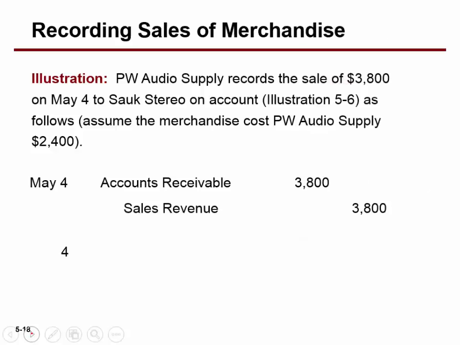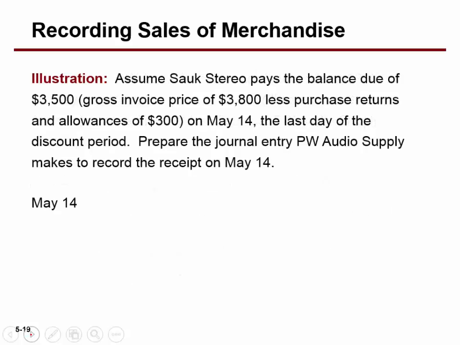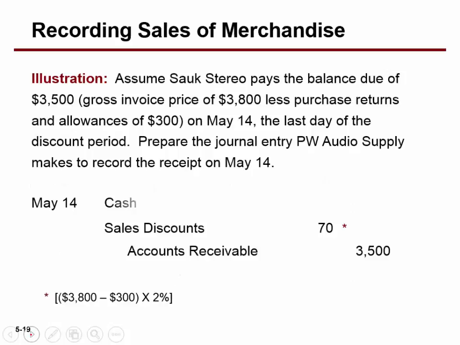And then they go ahead and sell stuff. And they sell the stuff for more than they paid for it, right? Why do they do this? Because they want to buy a Porsche, a vehicle, whatever your favorite thing is, that's what they want to buy. Then if the person pays us within the discount period, we debit the cash for the amount of cash we got. We liquidate the receivable, and since it was a 2% discount, we debit this account called sales discounts, right?